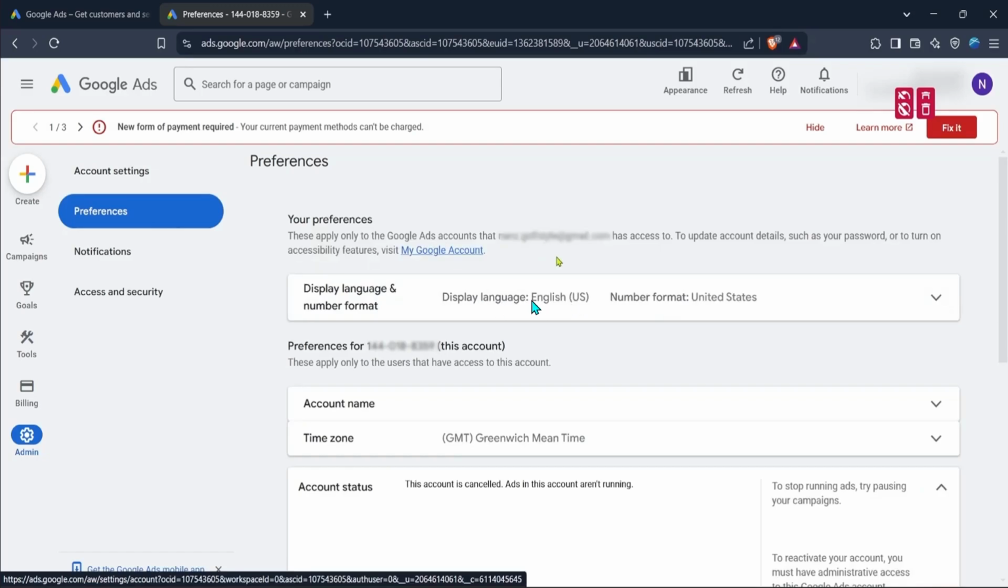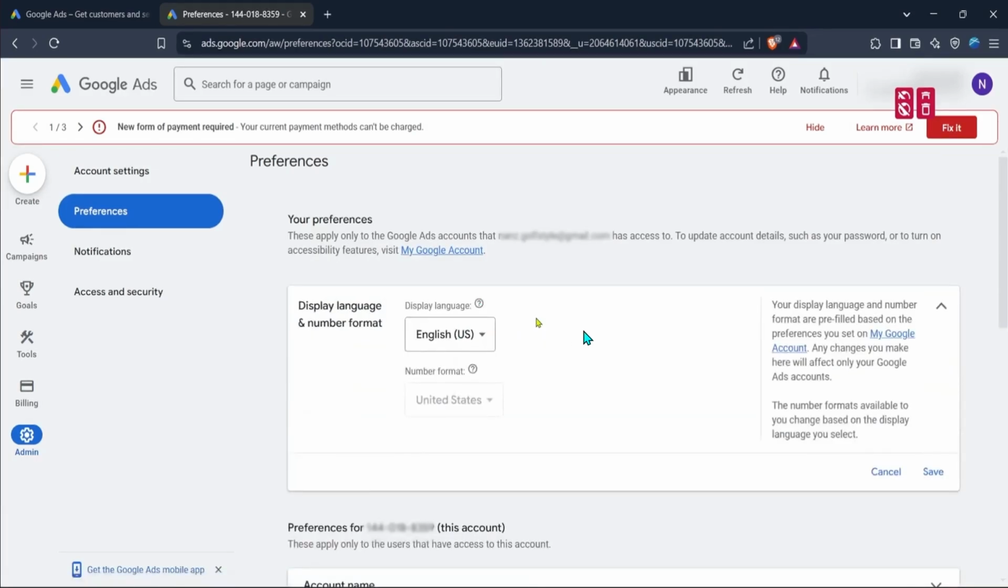Selecting this option will take you to a dedicated page where you can modify how the Google Ads interface displays text, menus, and numerical data. This can be helpful if you work in a specific language or follow a regional number format such as commas versus periods. Once inside the display language settings, you'll see a drop-down list containing all the available languages supported by